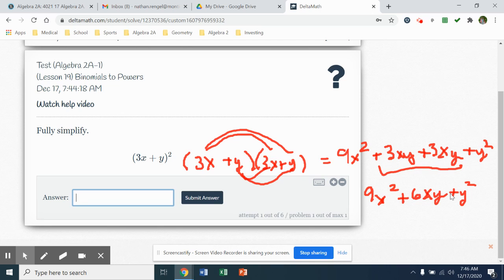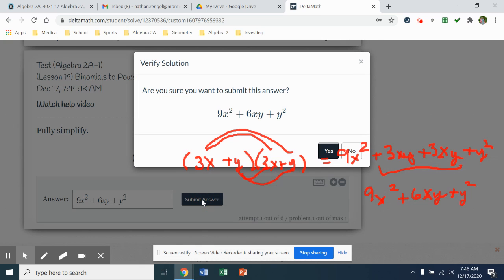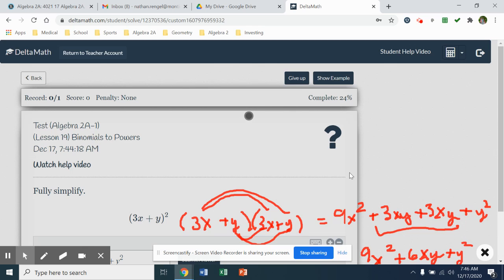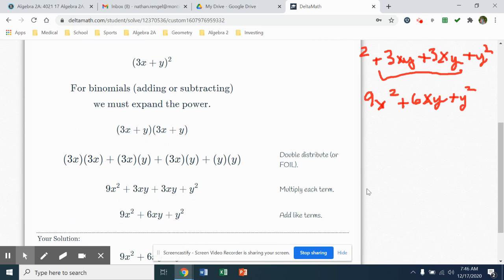I can type that in. I'll just hit 9x. Remember, your exponent is shift 6: 9x squared plus 6xy plus y, and then squared. So that'll be exactly the same as yours. If I see that one is completed, then I will also mark that off for your extra credit on your